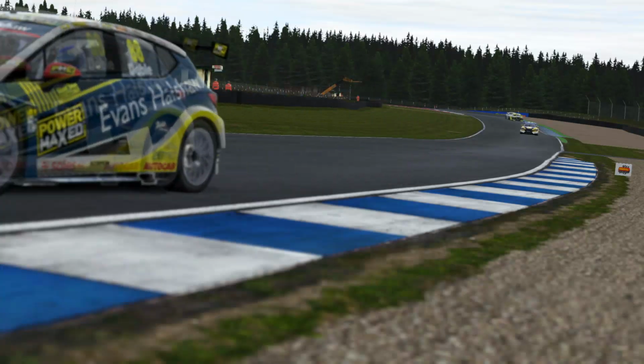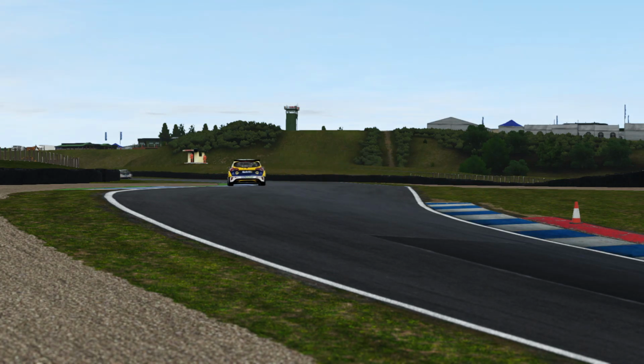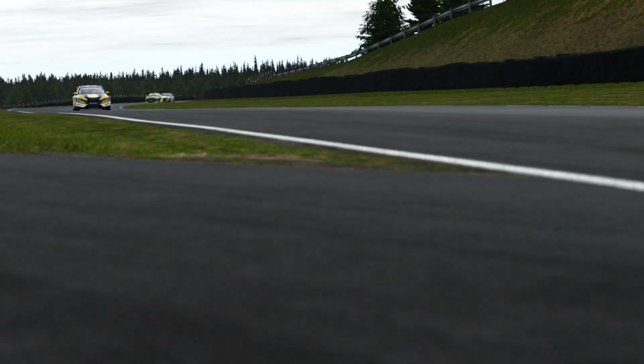But things to watch out for at Knockhill. Track limits is definitely going to be a big thing to watch out for. We can expect to see several cars being told off for going over track limits. In addition to that, a little bit of beating and banging. Usually turn 1,